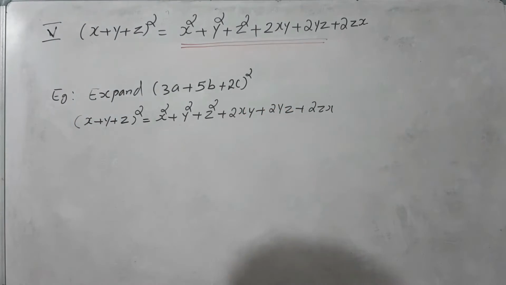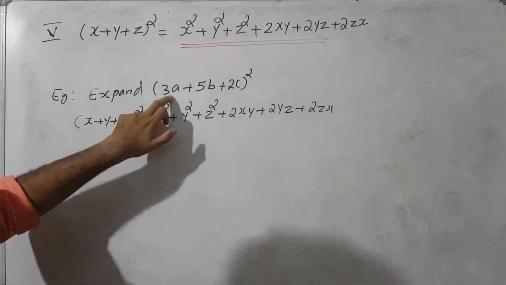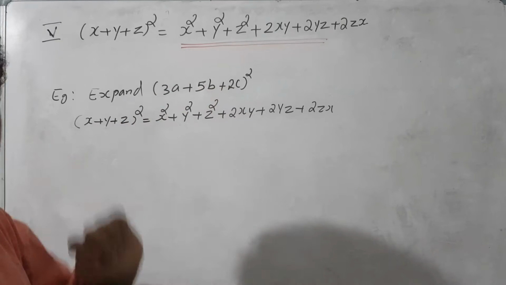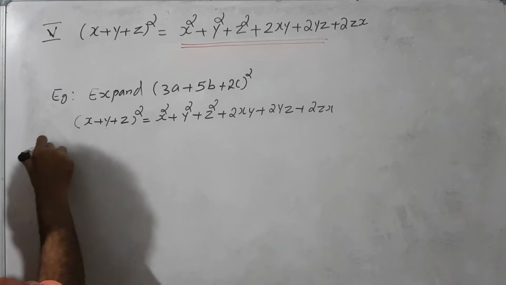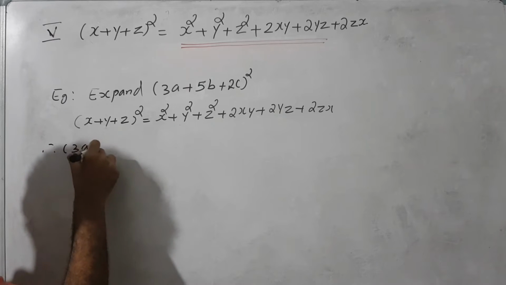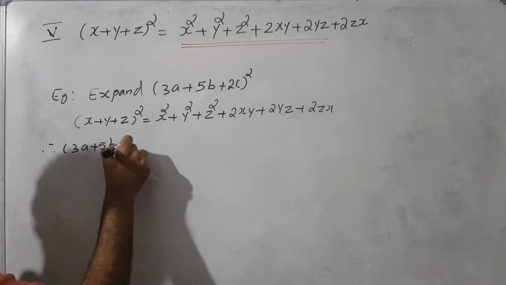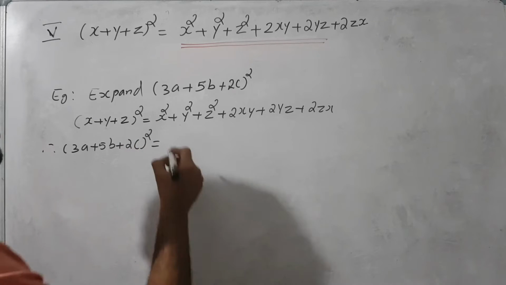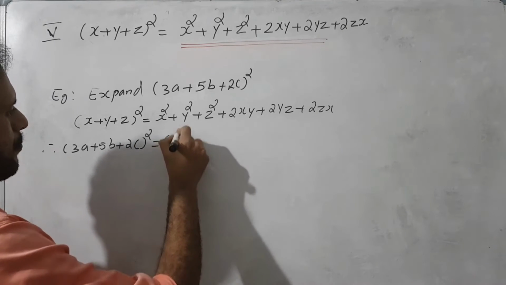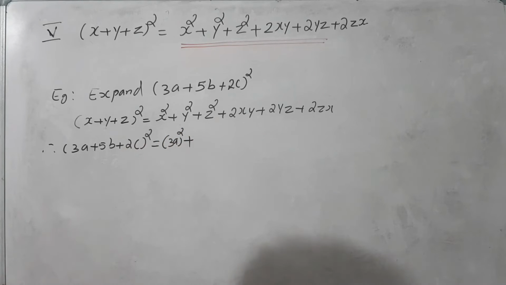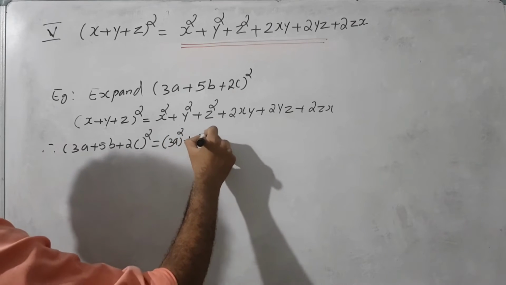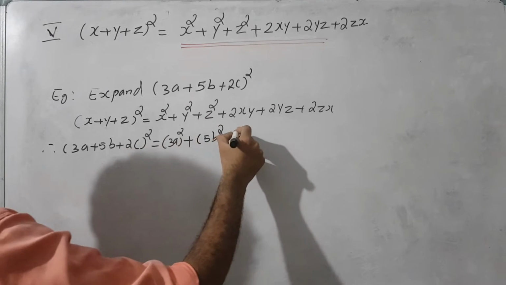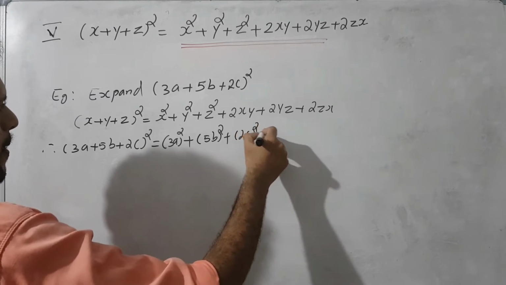Okay, so what is x here? x is 3a. What is y here? y is 5b. What is z? z is 2c. Correct? So therefore (3a + 5b + 2c) whole square is equal to: first term is x square. x square means (3a) whole square, plus what is the second term? Second term is y square, (5b) whole square, plus what is z square? That is (2c) whole square, plus